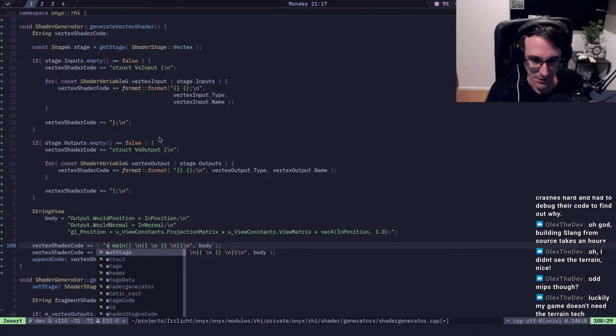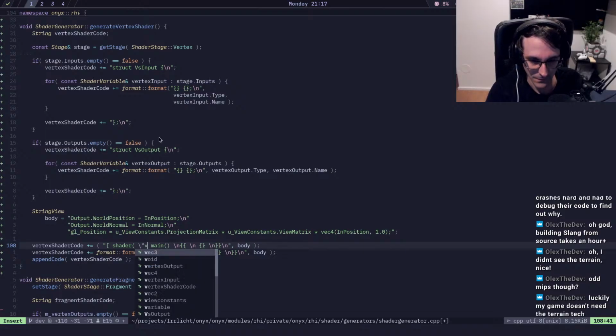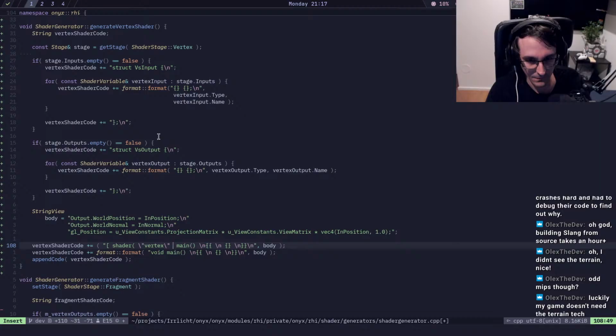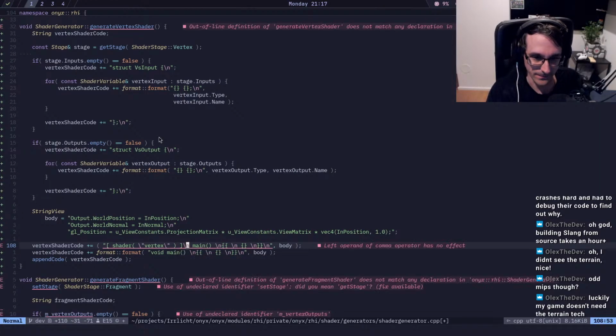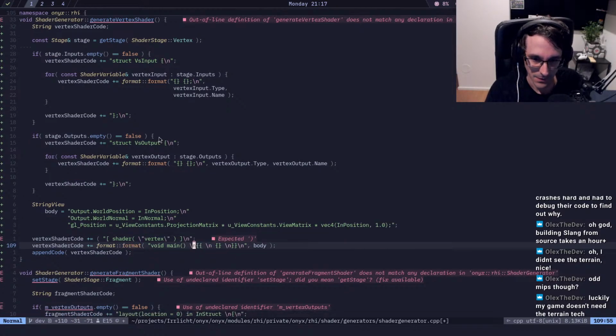Oops. That shader. Newline. Closing. Get rid of that. And then